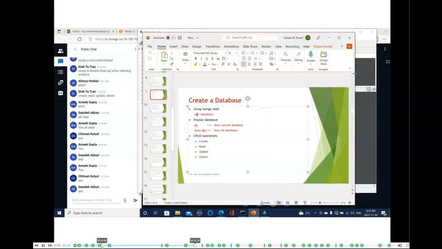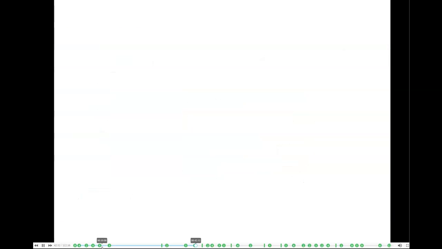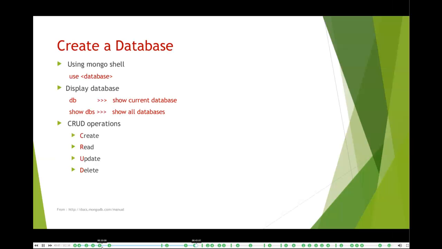So now let's go to the second one. Okay. So now the other command that we have is how we can add data. Add data represents the insert that we learned before. It's the command that we can use. We have a different command that's